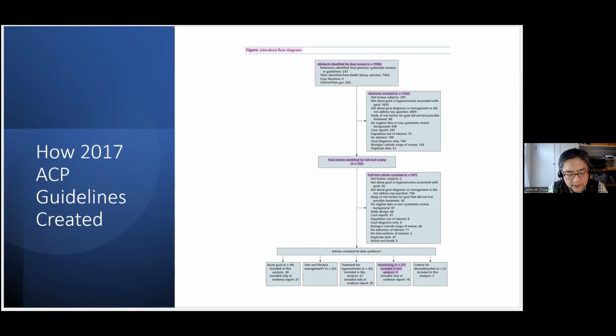The rest of them were things like having to do with, among other things, traditional Chinese medicine and other studies that they felt weren't directly applicable. So that's how they picked the articles. And then they went through,